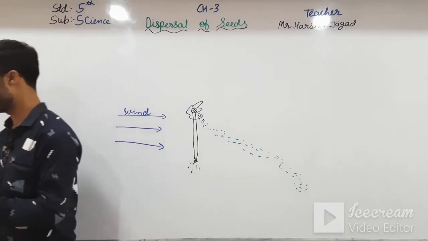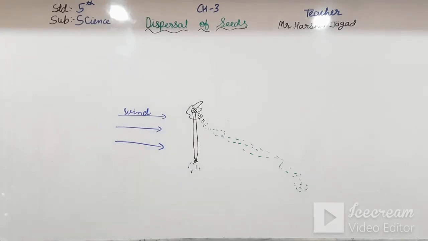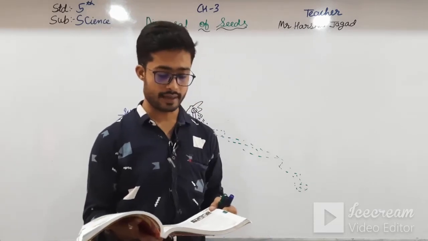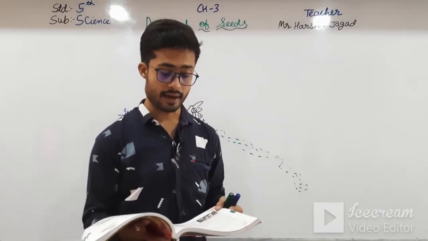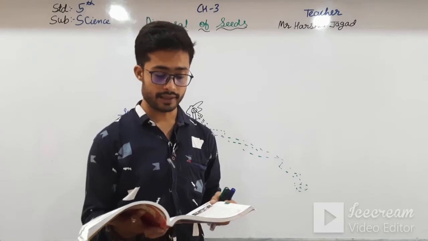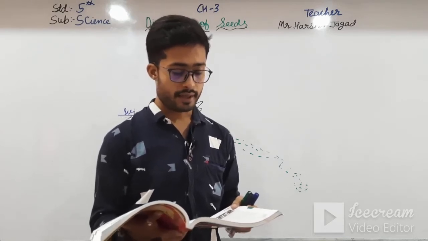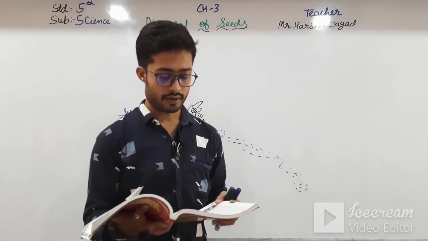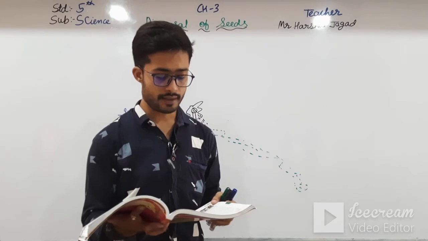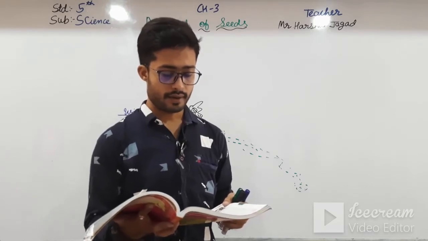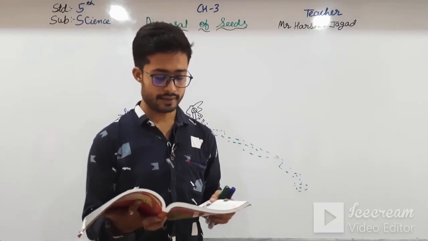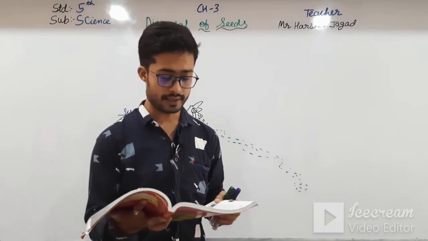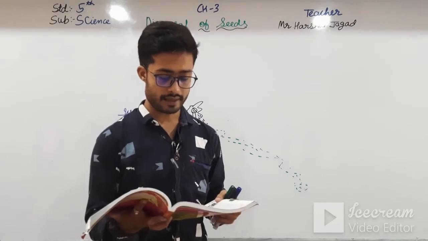See here, I am reading it again. Seeds of some plants such as drumstick or dandelion are light and have wings or a feathery parachute-like structure. They float away in the wind. The seeds of cotton and silk cotton have fluffy hair. When the pod or the fruit bursts, the seeds are thrown out. They are carried away by wind to places far away from the parent plants.